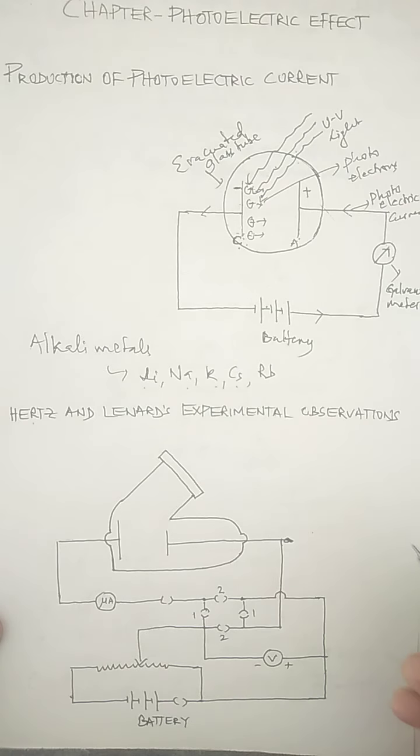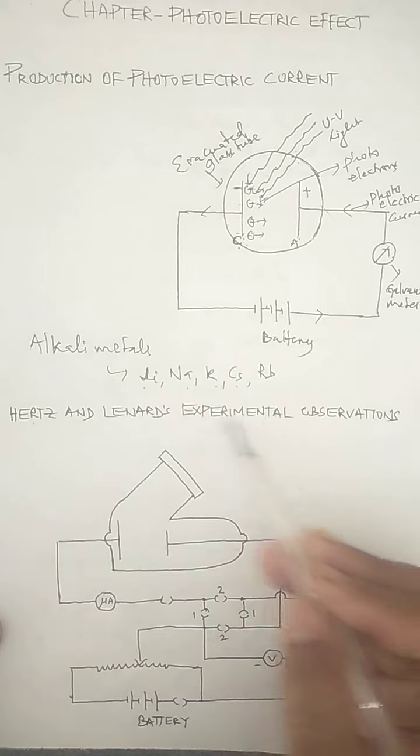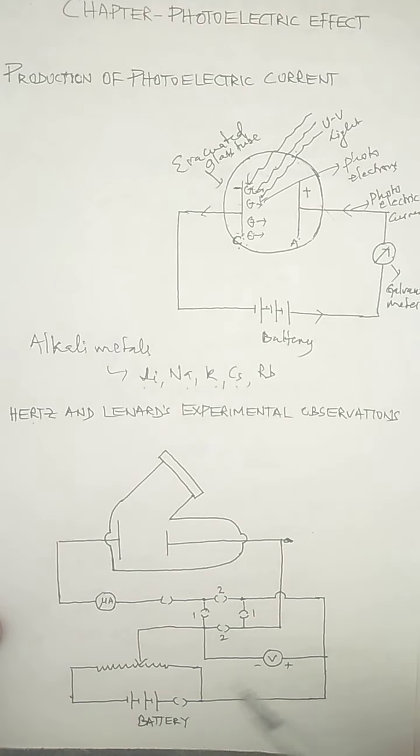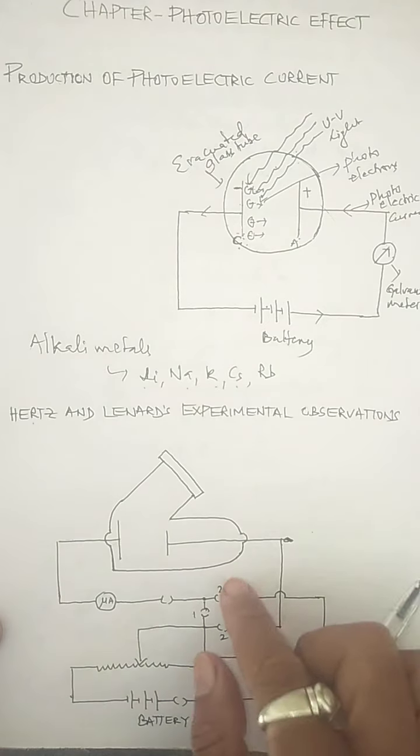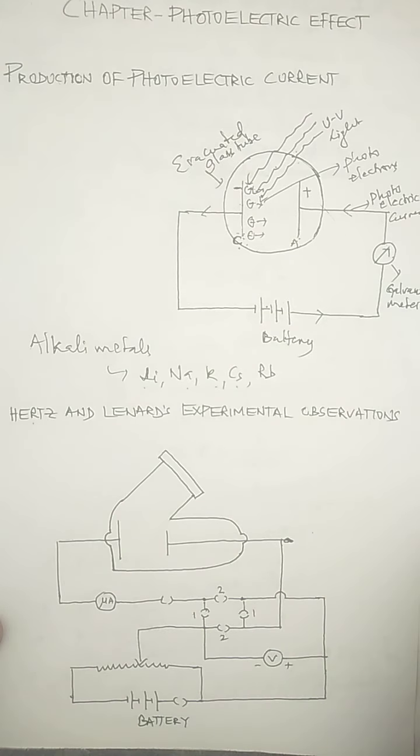Now, in order to do that, they set up the experiment. They set up the circuit in such a manner, and they performed a number of experiments to observe the photoelectric effect. So they took plates of different metals and illuminated these plates with light of different frequency and different intensity. See, light has frequency and light has intensity. Intensity actually measures the brightness of light.